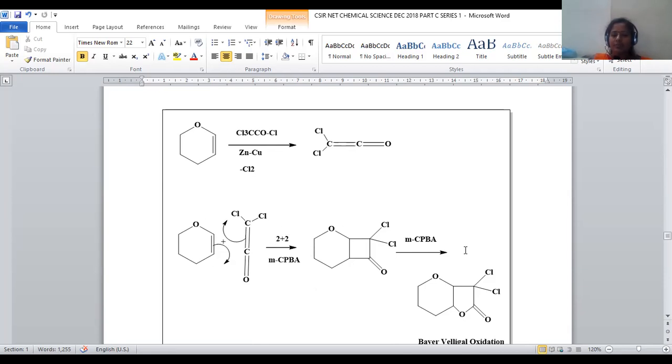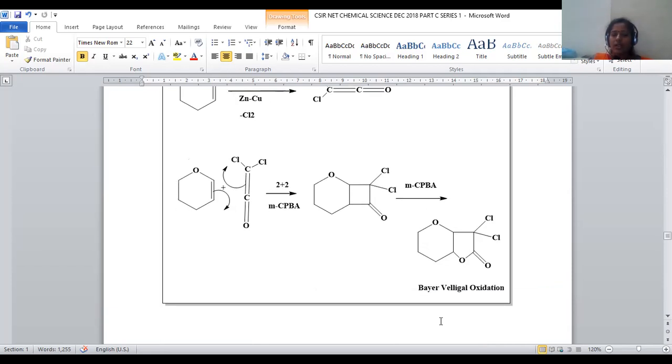cycloaddition conditions. Here this carbon is associated with 2-chloro, and here we got a carbonyl functional group, a ketonic functional group. Now we are treating with metachloroperbenzoic acid, so that Baeyer-Villiger oxidation is possible, and oxygen is always attached to the carbonyl center towards the ring structure. Here in this oxygen insertion, we have two probabilities, either this center or that center, but the higher priority is given towards the oxygen insertion towards the ring structure, not towards the open chain molecule. So here it will be the right answer.